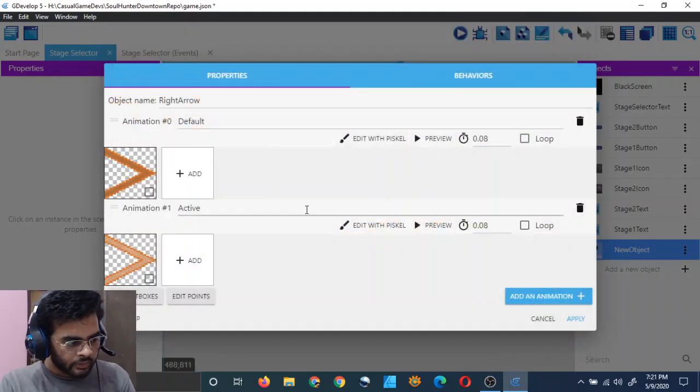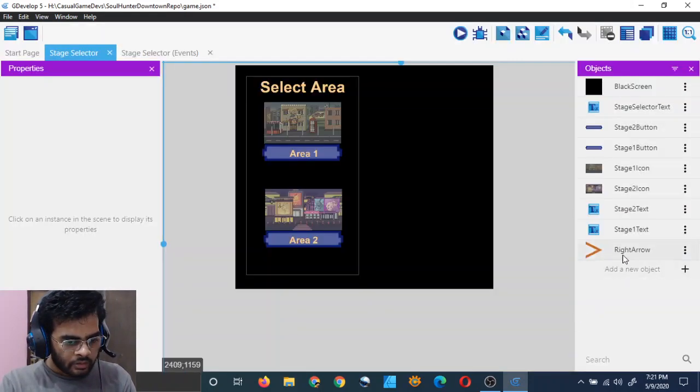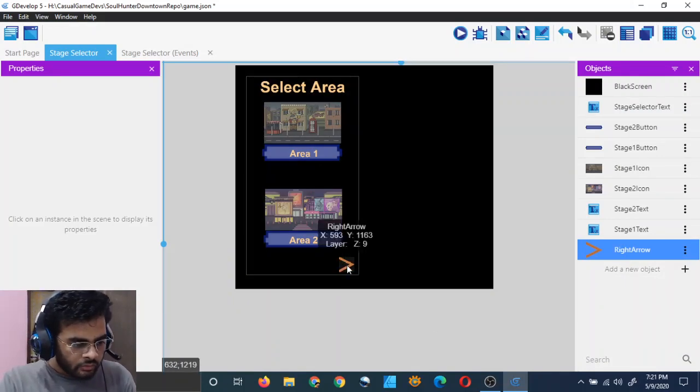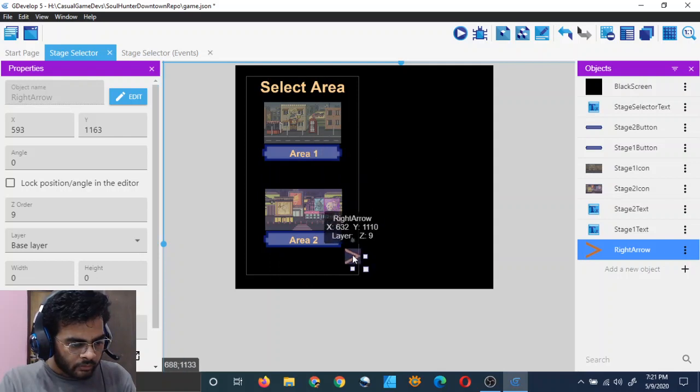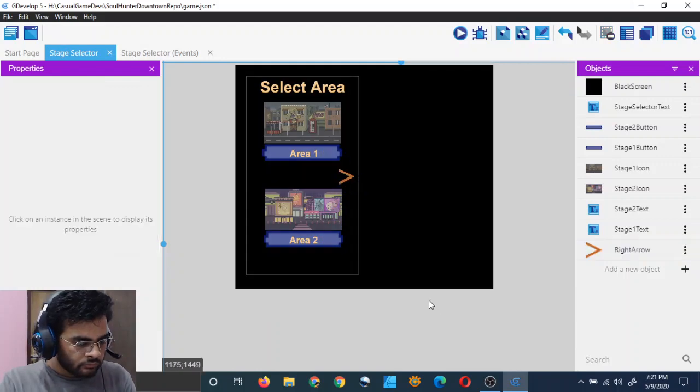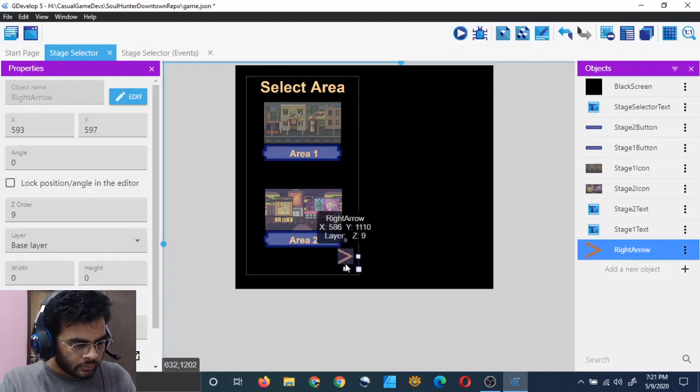Kind of fiddly, but that's how you can do it. Apply and then bring it over here. Right, so it looks okay, maybe, I guess. Or will it look better over here? No, it's looking better here.